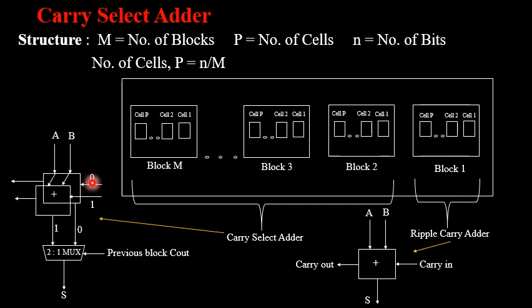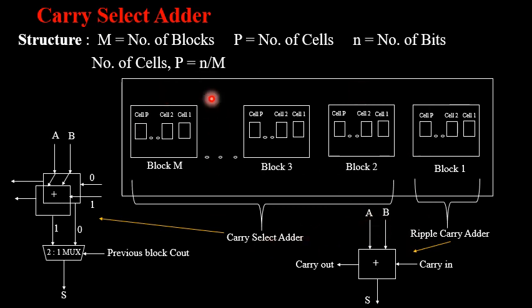And it can have an option of providing the carry input as equal to 0 as well as 1. So simultaneously it will be calculating the outputs. So depending upon the multiplexer, whether the previous input was equal to 0 state or 1 state, accordingly it will be yielding me the output of sum. So this is the representation or the general structure of a carry select adder. So one by one we will see by considering certain examples depending upon the number of bits or number of blocks, so that it will be further more clear for you.